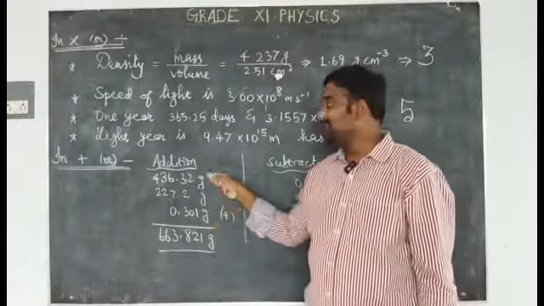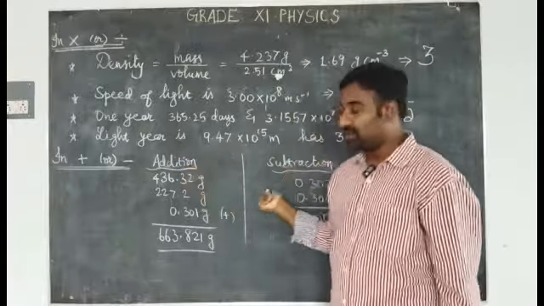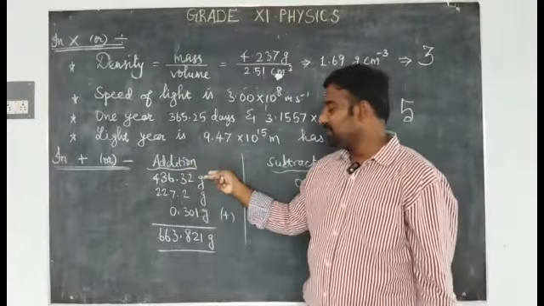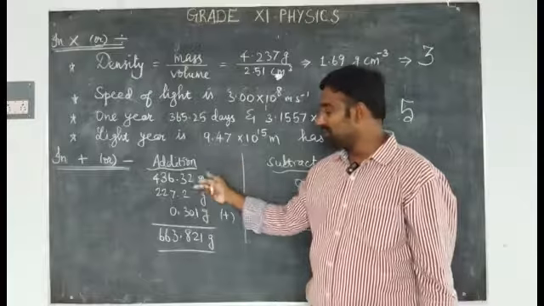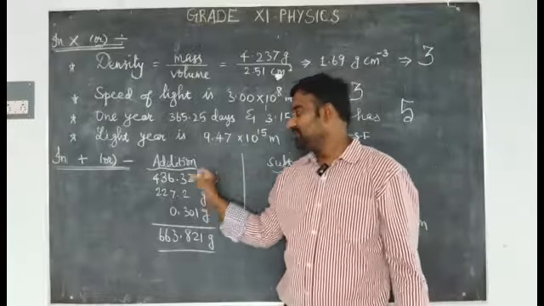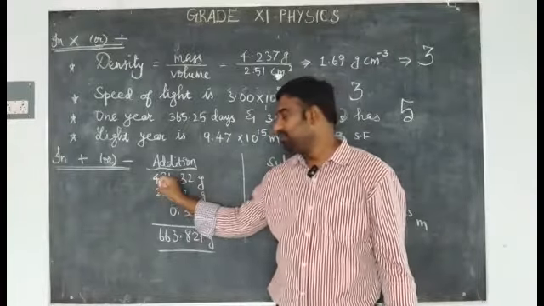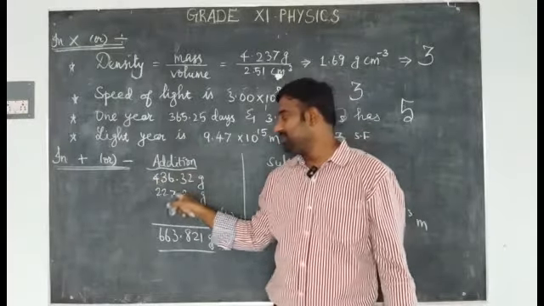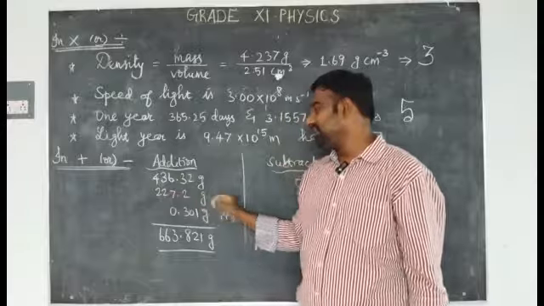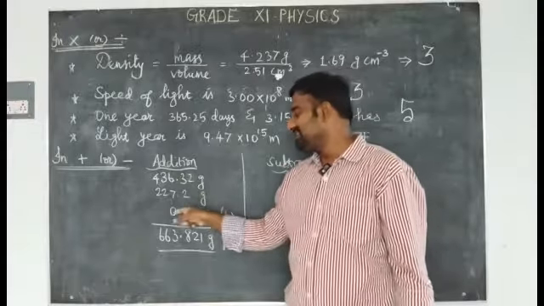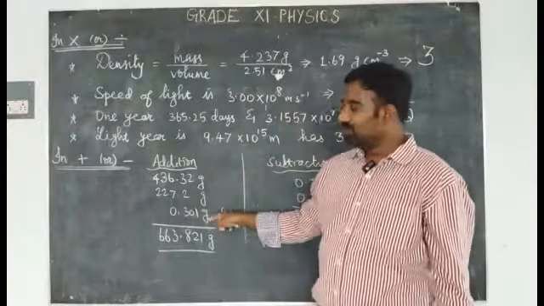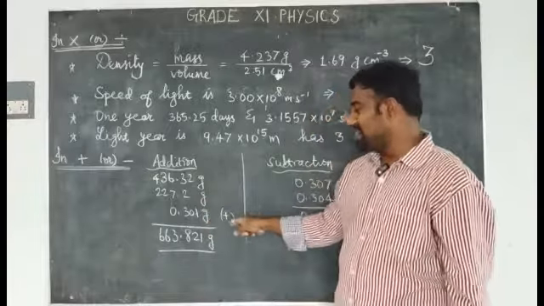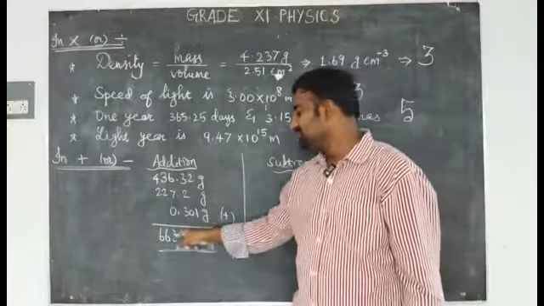So with the rules used in addition and subtraction, we have some problems. We have different masses of different bodies, all added together. The first body's mass is 436.32 gram, the second object's mass is 227.2 gram, and the third object's mass is 0.301 gram. So all these three different masses are added together, then the final value is